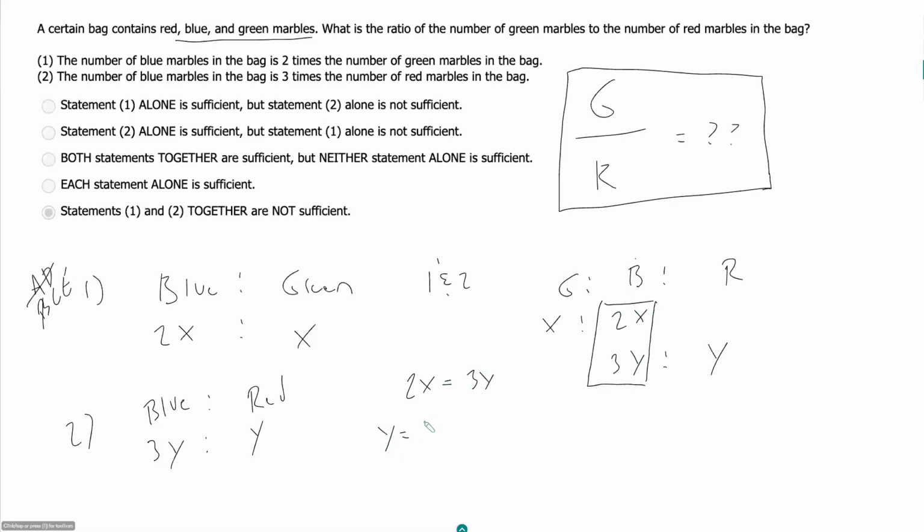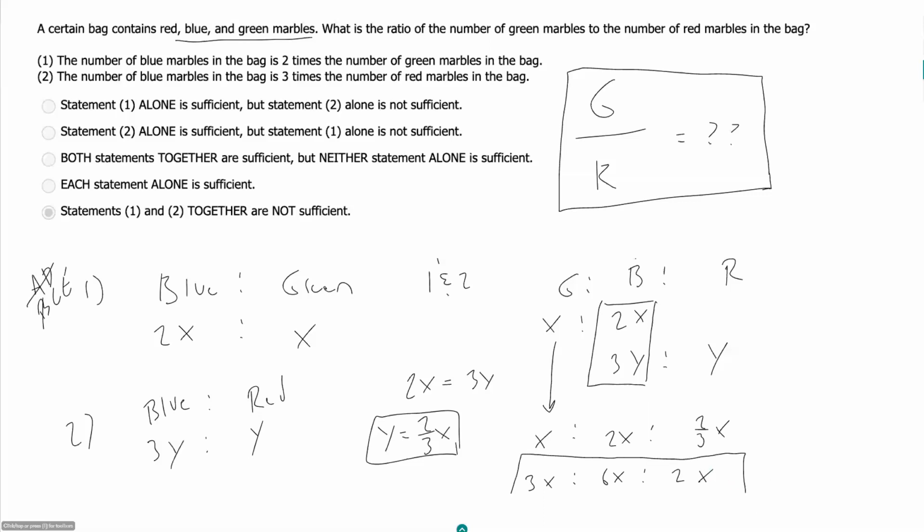So y should be equal to 2/3 x. I want to put everything in terms of x. I can bring this guy down so I can keep him as just x. With my blue marbles, I can choose if I want an x or a y, so we want to choose our x because we're getting everything in terms of x. And then all I have to do is convert my red marbles from y to 2/3 x. If I want to get rid of my fraction here, I can just multiply my entire ratio by 3. So I have a ratio of 3x green marbles to 6x blue marbles to 2x